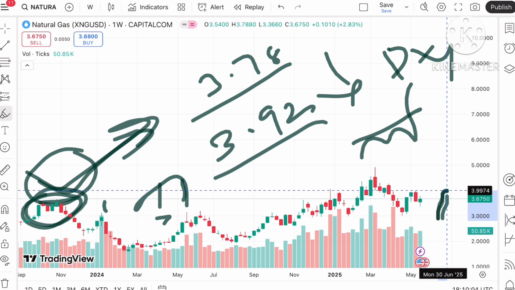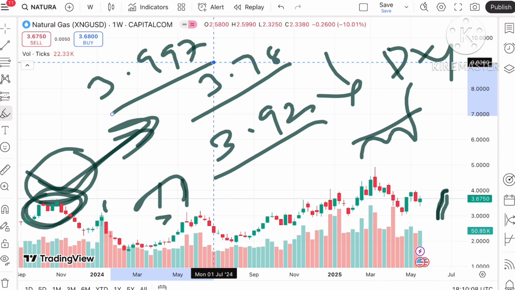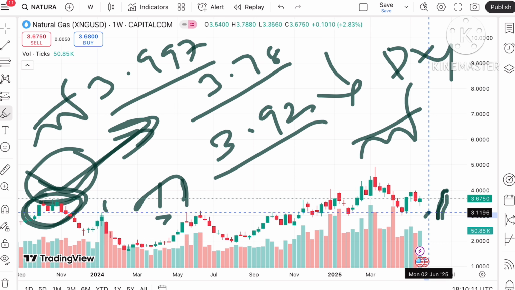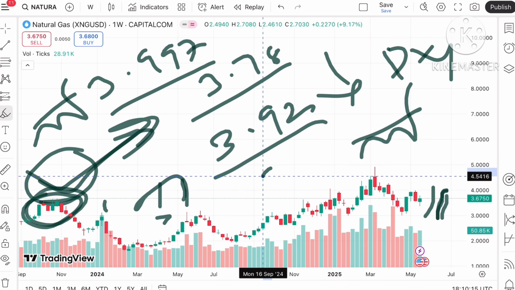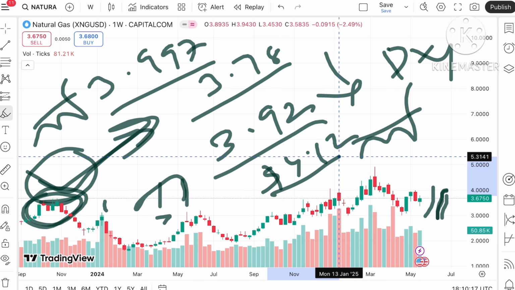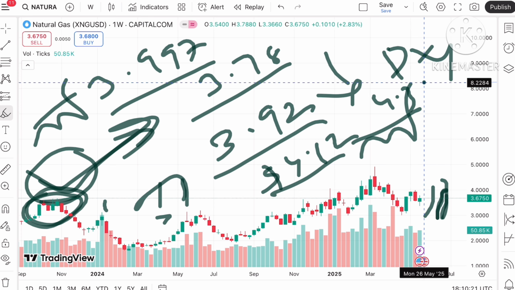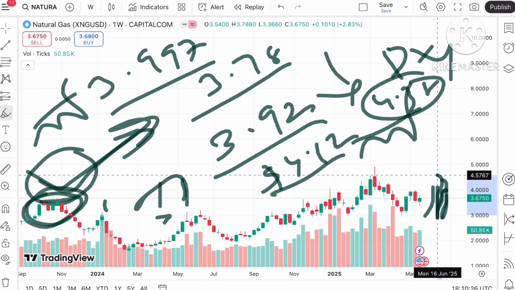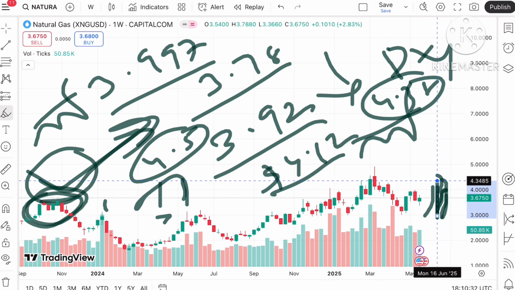So the price will go further upside and it will move towards a level of $3.997, and this is already being tested. So the price will go further upside, and from there it will touch a level of around $4.12. Okay, and if that's sustained, the price will touch a level of around $4.38. The price moving above a level of 4.38, a probability of touching a level of around 4.5 after crossing a level of 3.9. There is a higher chance of it.